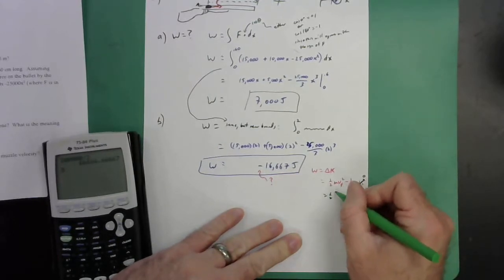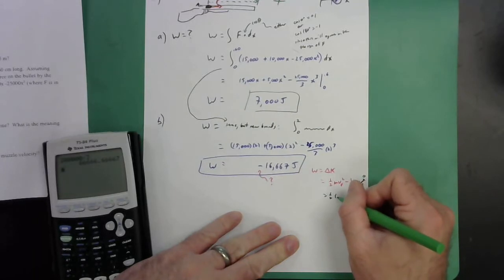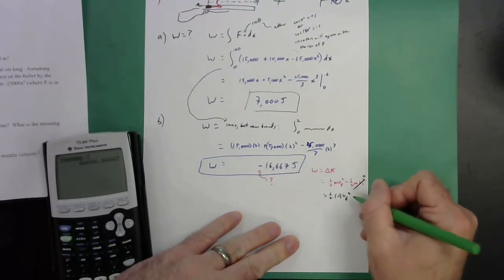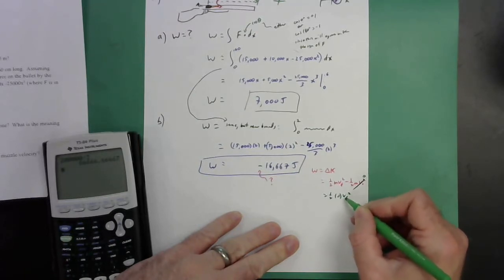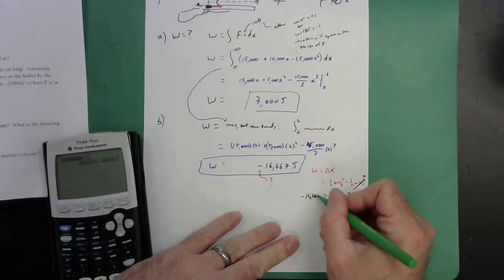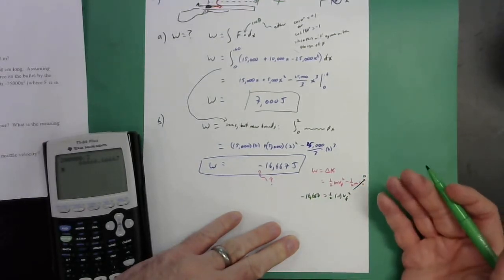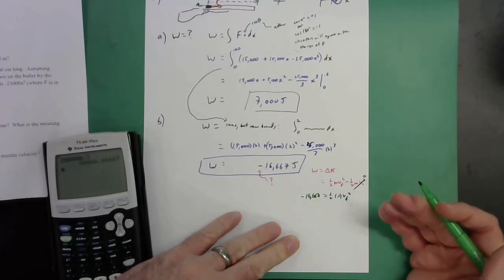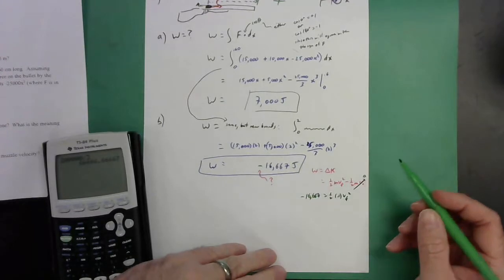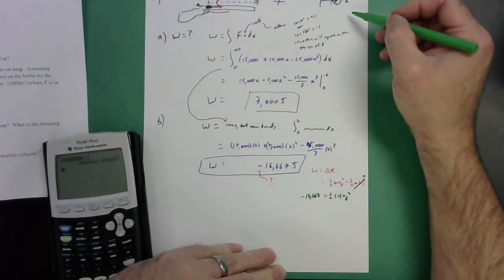No, wait a minute. The mass is 100 grams, 0.1 kilograms. Mass has to be a positive value, right? The final velocity squared, something squared, that has to be positive, right? How can I have this minus 16,666 equal that? I'm going to get an imaginary answer for my velocity if I did that calculation. So what does that mean? Well, what that means, my friends, is that the bullet will never make it to the end of that 2-meter long